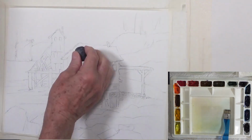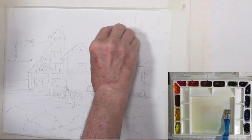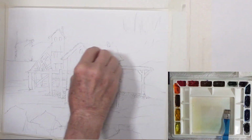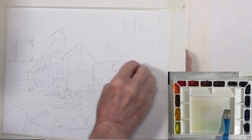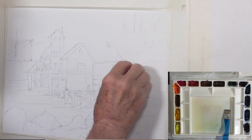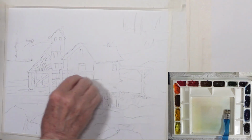I'm going to take my kneaded eraser here and just sort of lighten some of these areas. I don't want a lot of pencil marks. Some pencil marks aren't bad, but I don't want a lot of them showing up in my final painting, and when I put them on this dark, there's a good chance they will. So I'm just going to lighten them up. I may make it so light that you can't see it,